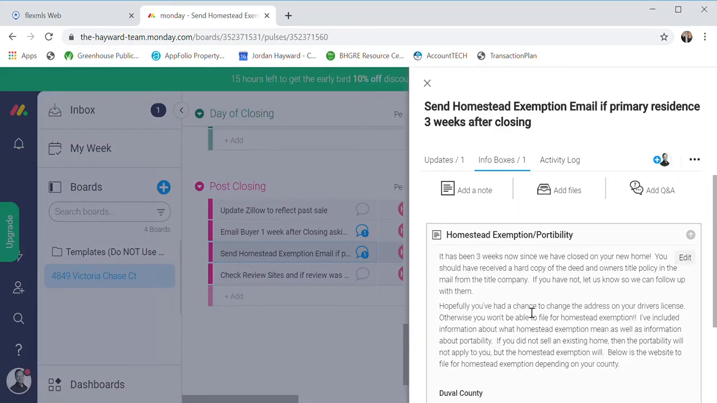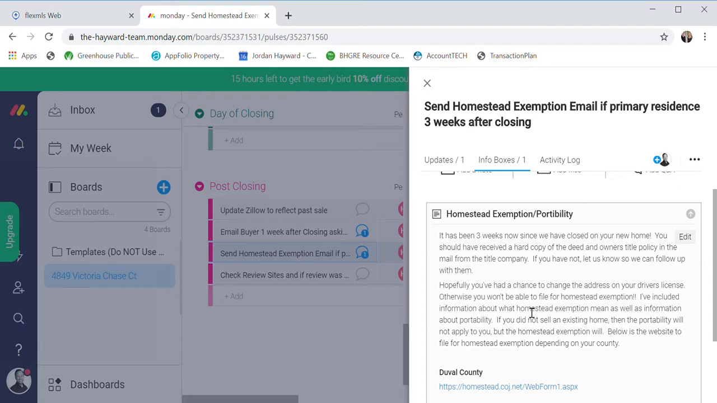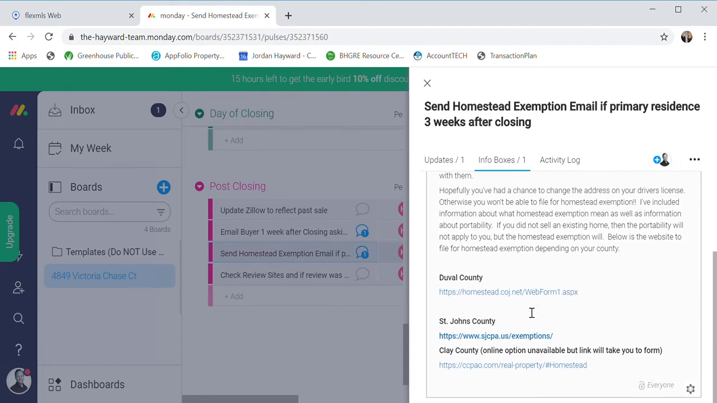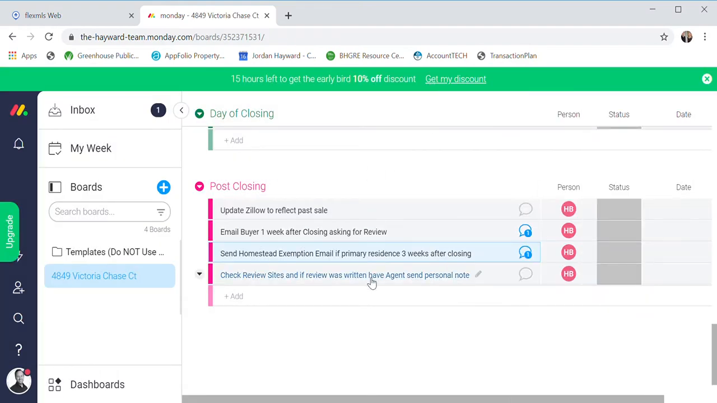And I have included the email template that you'll use for that, and I've given links for Duval, St. Johns, and Clay County, where they can file for homestead exemption. And homestead exemption is only going to be for buyers that are purchasing it as their primary residence, so no investors can get a homestead exemption. Then